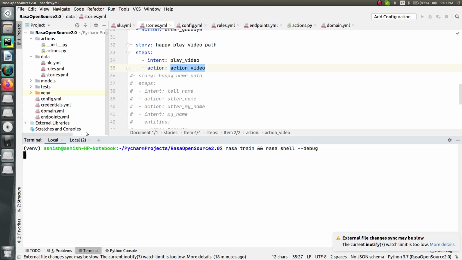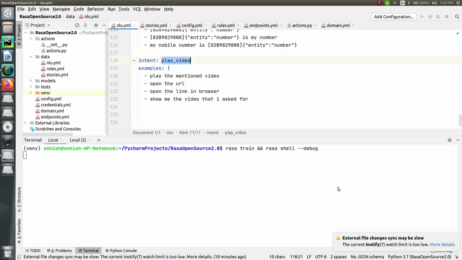Also do one more thing: go to another terminal, and in here just run actions and press enter, so that it will run your action server as well, right? Now just wait for it to finish and we will see how it is working.